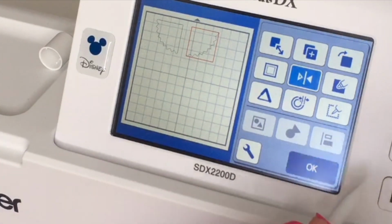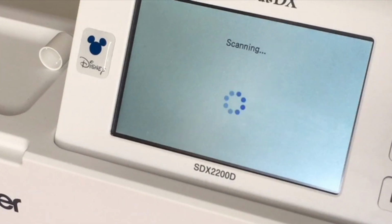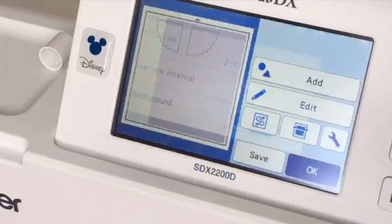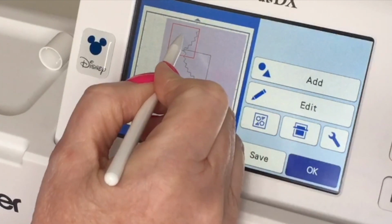I'm going to say OK, and I'm going to scan the vinyl through the machine so that I can place these two shapes in readiness for when I start stitching out the file on the embroidery machine. So I'm just going to go into the wrench icon and make the background lighter so that I can see where they are. And let's see if we can do this and save